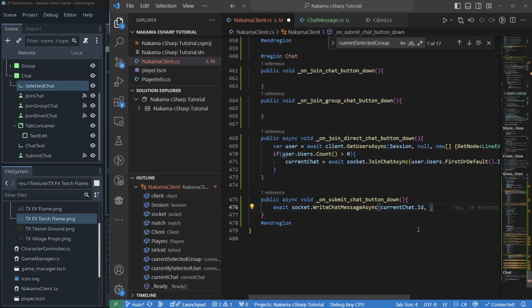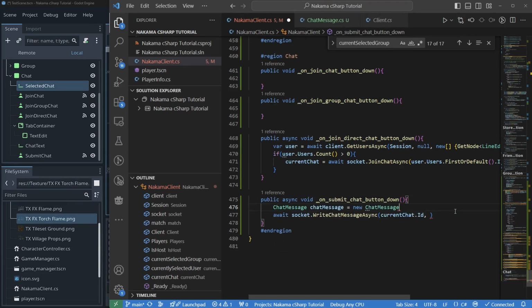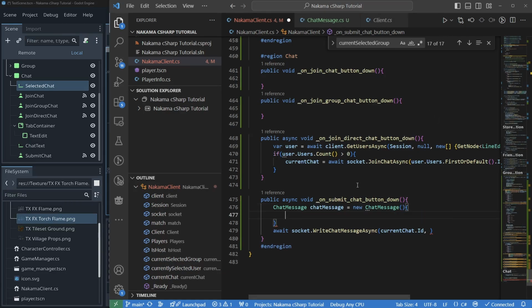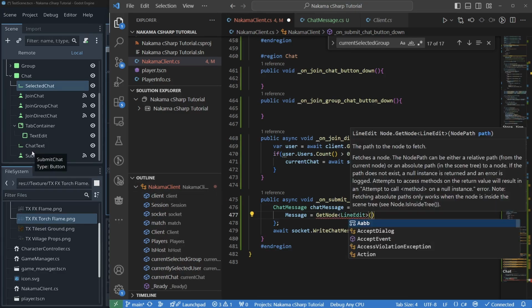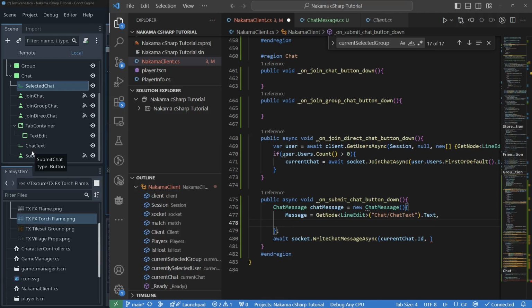Now that means that we can actually build this object. So we'll say chatMessage is equal to a new ChatMessage like that. We'll do brackets, and then we can fill out this object. When we want to fill it out, it's really easy. First things first, our message is going to be equal to, if we look at our chat text, it's a LineEdit. So GetNode LineEdit, chat/chatText.Text like that,